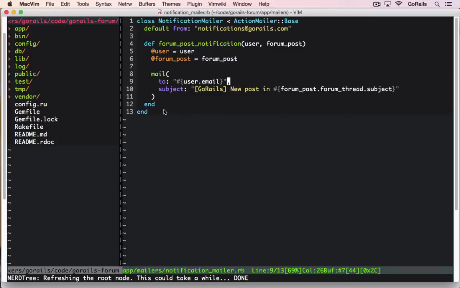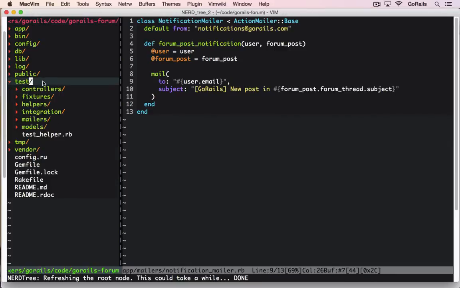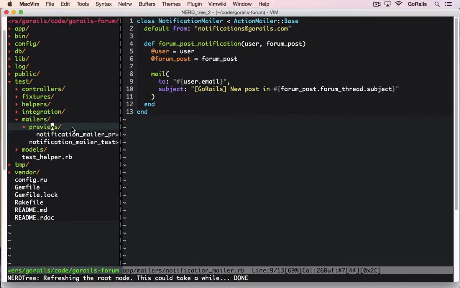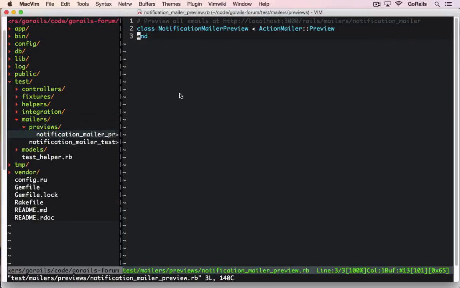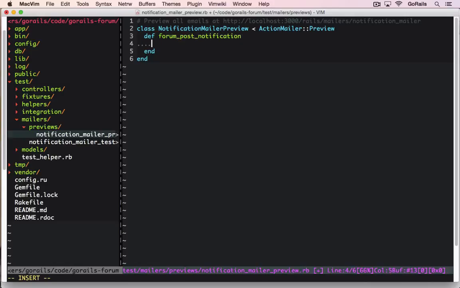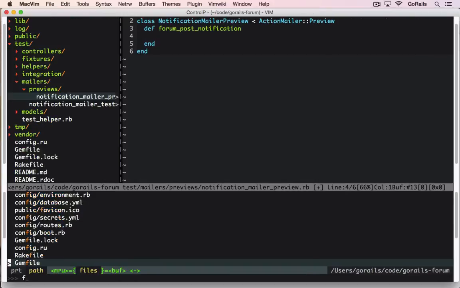So what Rails has introduced recently that seems to be a very unknown feature is that in the test directory, that file that it created before is in the mailers previews directory. And this notification mailer preview allows us to build a method here that we can view in the Rails application. So this is only in development, but if we do forum post notification here, just like we have before in our mailer,